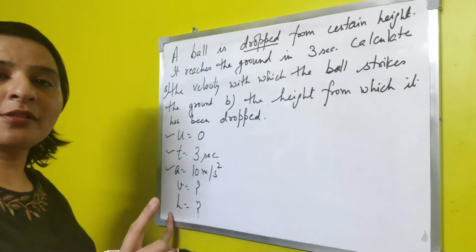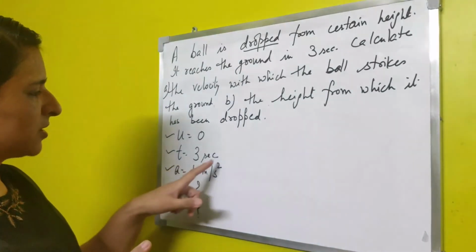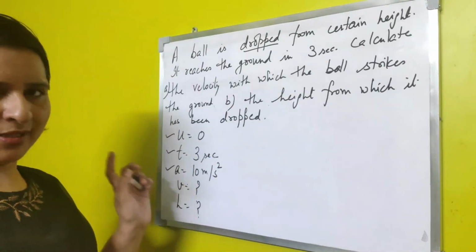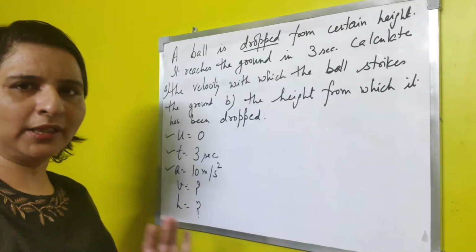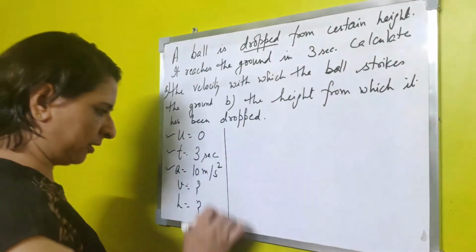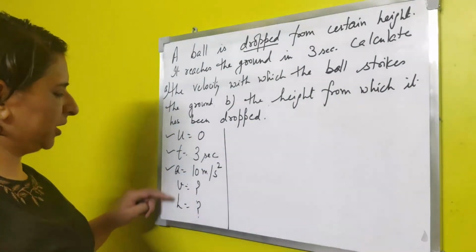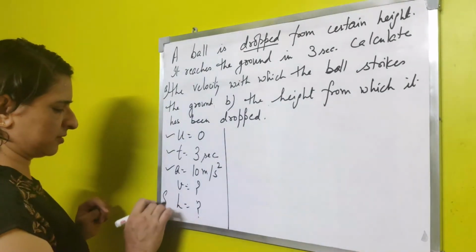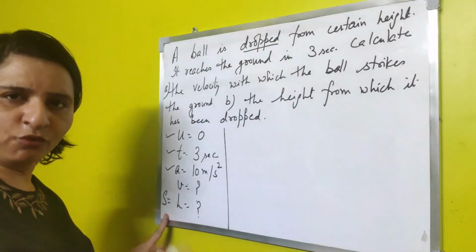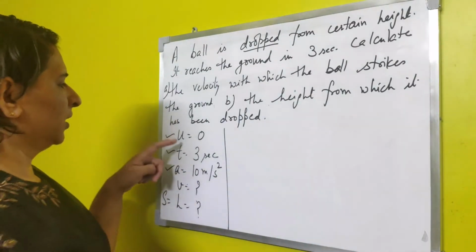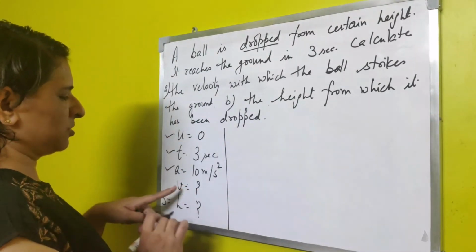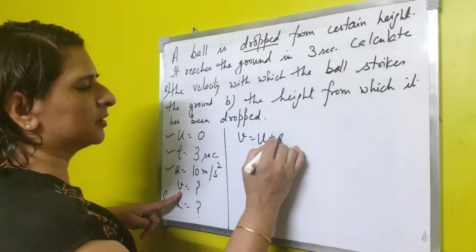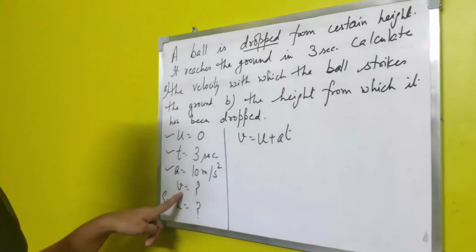Now the second step is to look for the units, but by chance here it is in the MKS system of unit only, SI system of unit only, so we don't need to do any conversions here. Alright. Now we need to find V and the height, or we can say the distance. Height is the same as the distance moved by the ball to reach the ground. So we can use the first equation here. Again, two unknowns, so two equations will be needed. So let us use the first equation here.